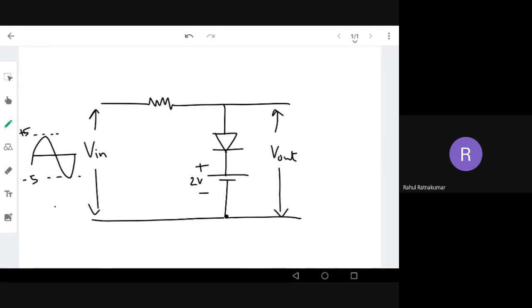First of all, what will be my V out transient with respect to time? V out with respect to time is called the waveform. What is the output waveform? Then the question is, what is my V out versus V in? That is called the transfer characteristic. What is transfer characteristics? We are giving some input, we are getting some output, so input is transferred to the output. Transfer characteristics means output with respect to input, V out with respect to V in.